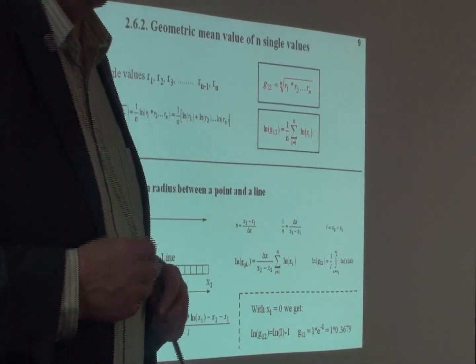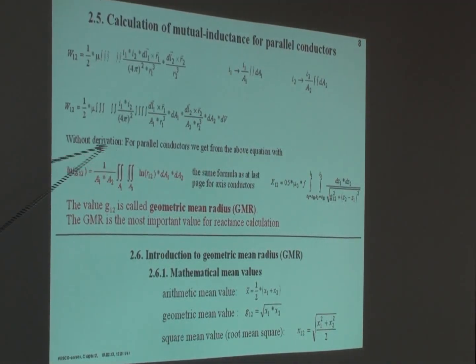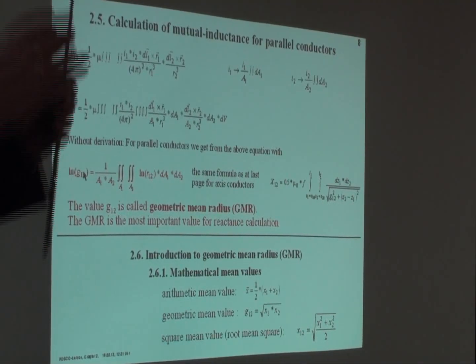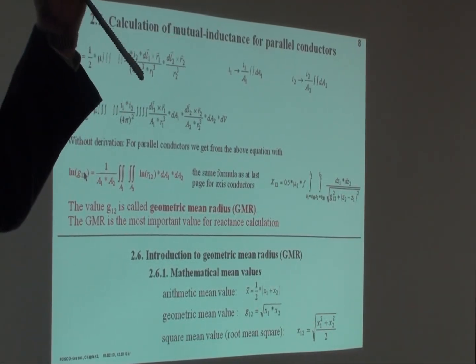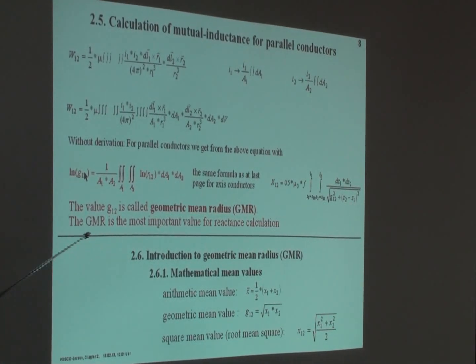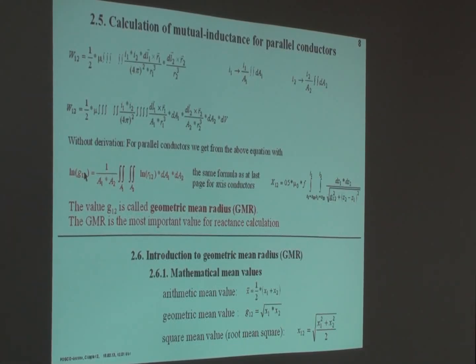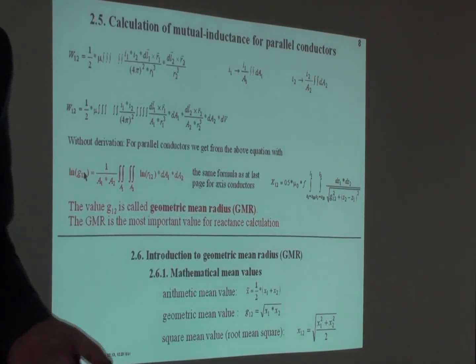So, what do I need this for? Maybe we have to do this one. If we have 2 conductors with an area, we have to integrate over one area and the second area. How many integrals do we have to do? 1, 2, 3, 4. 4. I don't want to show the integral with 4. But afterwards I will give you the geometric mean values as a result from other